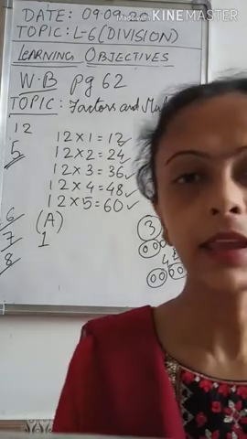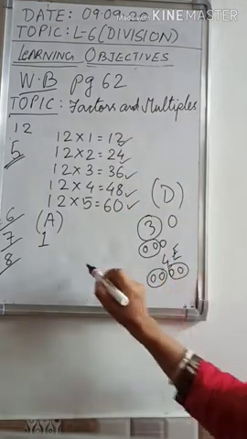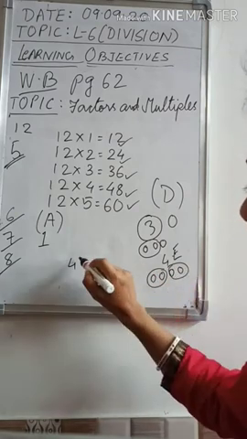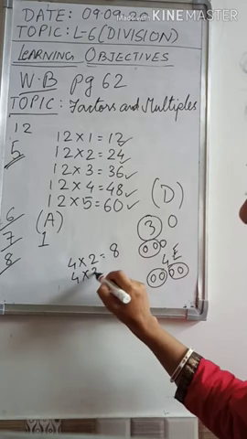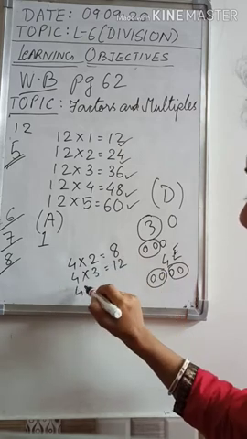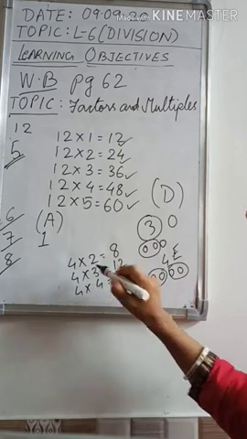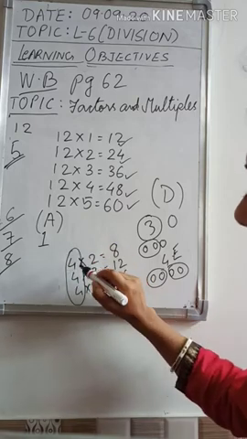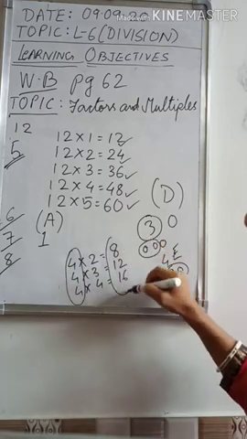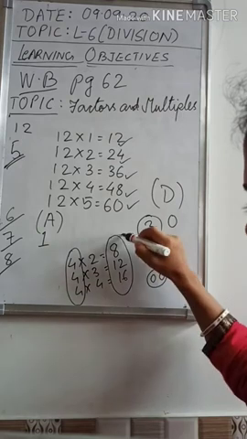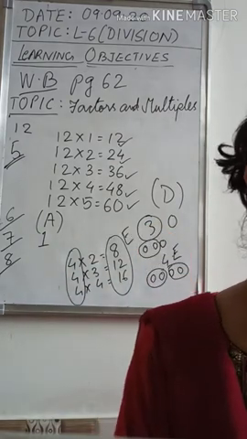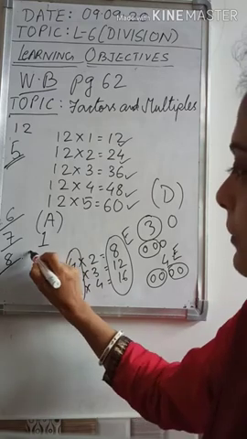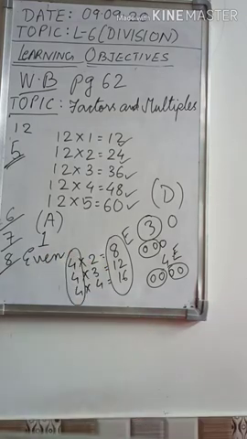Multiples of even numbers are again even numbers. Suppose you take 4. 4 is an even number. So 4 2s give you 8. 4 3s give you 12. 4 4s give you 16. So every time you multiply an even number, the multiple will always be an even number. Okay. So what is the answer of number 8? Multiples of even numbers are even numbers. So your answer of number 8 will be even.